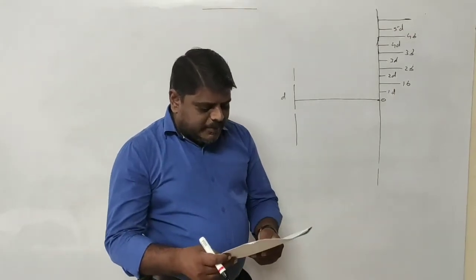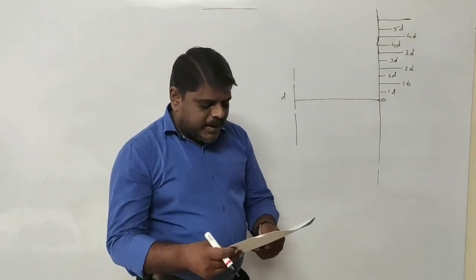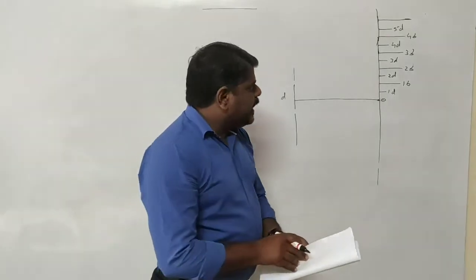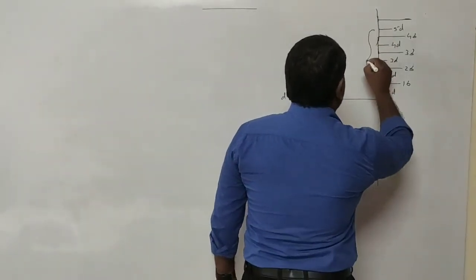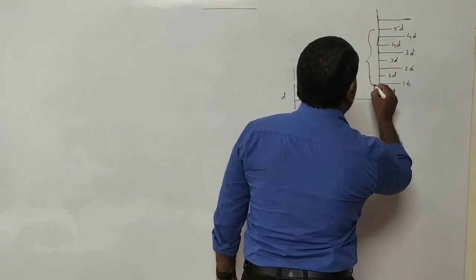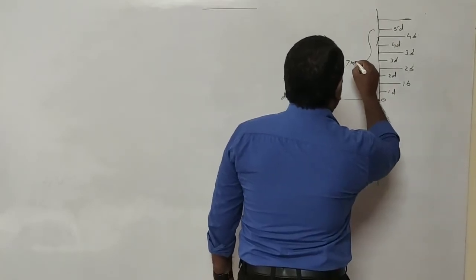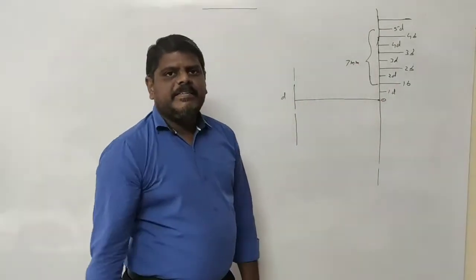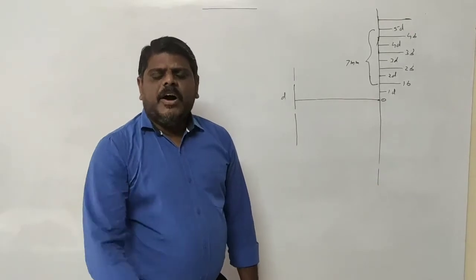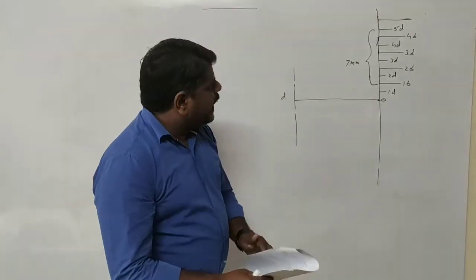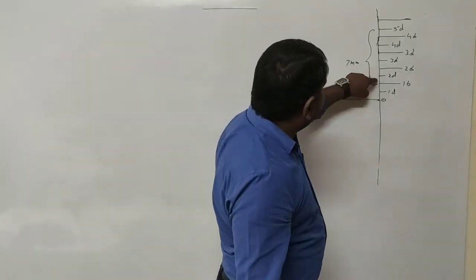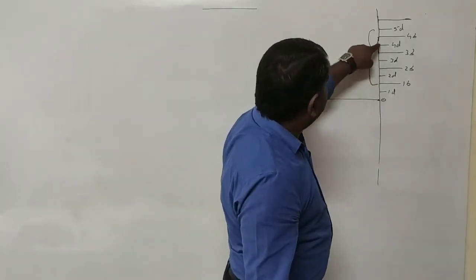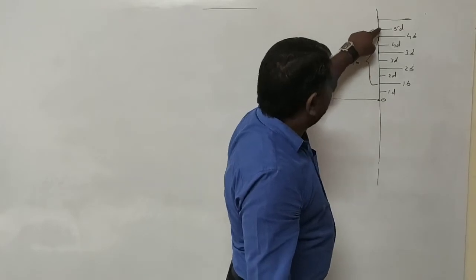So the problem clearly mentions the distance between the first maxima and the fifth minima. The first maximum is the first bright band. From this point to this point, this total distance is given as 7 millimeters. Then, how can you find the fringe width? If you find the fringe width, then how can you find the distance between these two? It will be 1, this is 2, this is 3, and up to here.